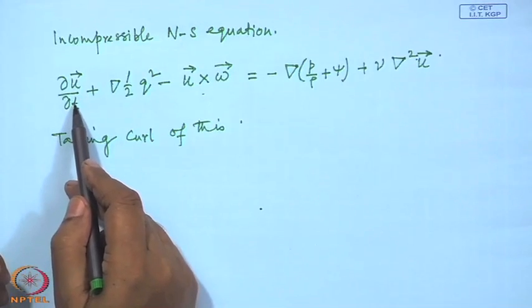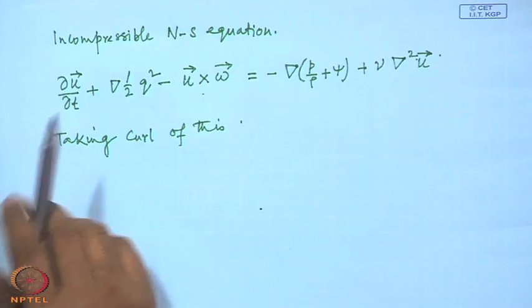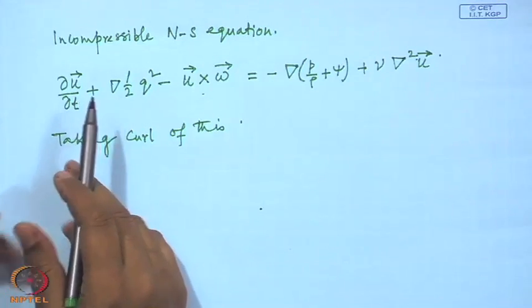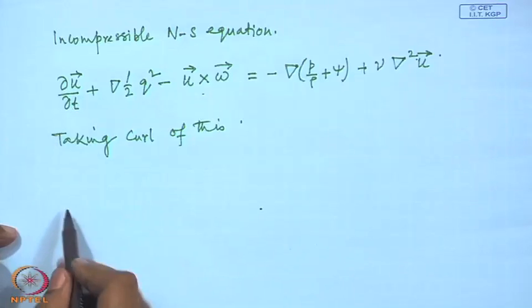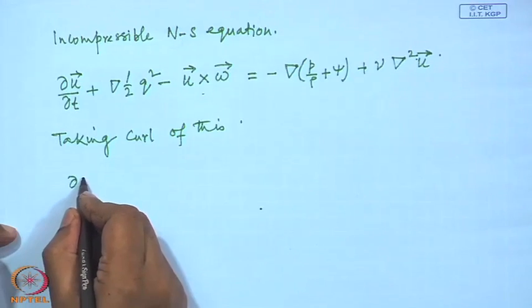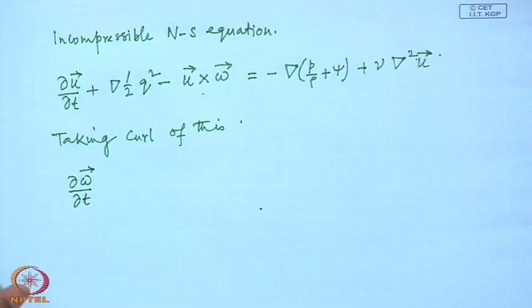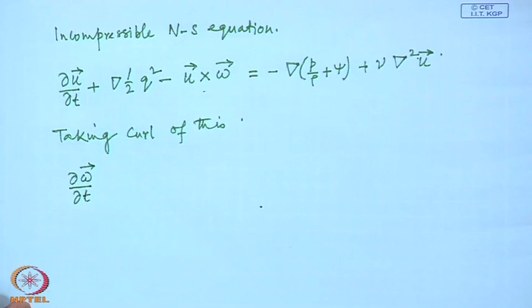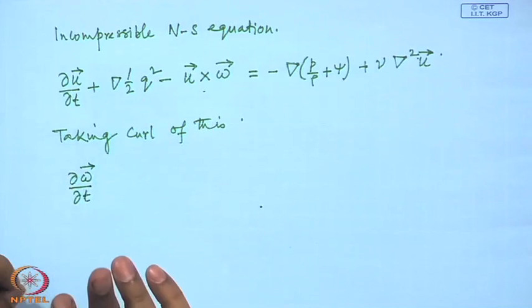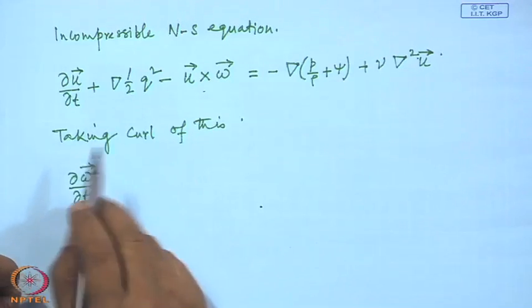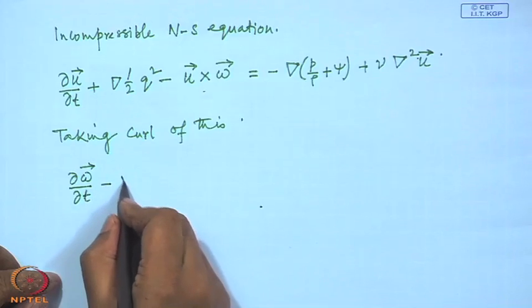So what does it become? It is d/dt of curl of u, and curl of u is omega. So the first term will become d omega/dt. The second term is curl of grad of something, and curl of a gradient is always 0. So the second term gives 0, and the third term becomes minus curl of